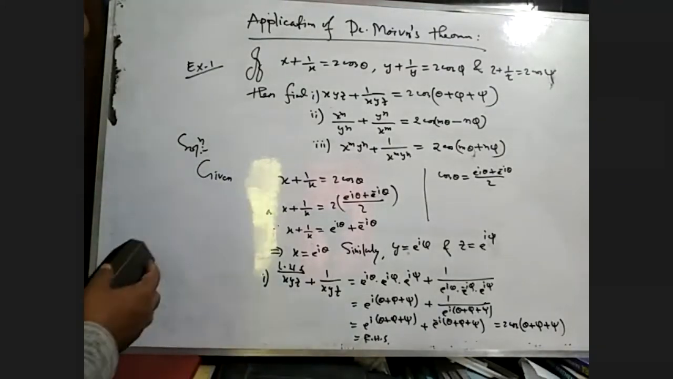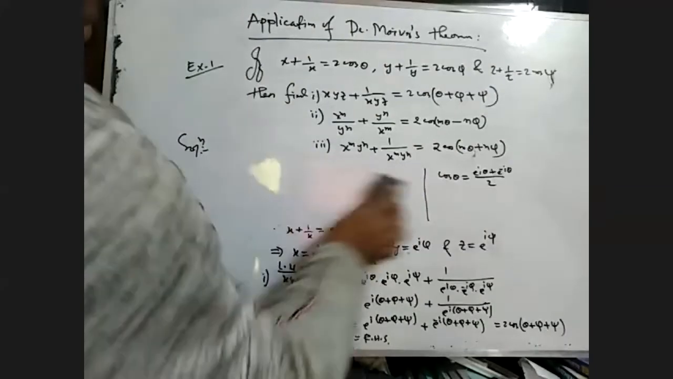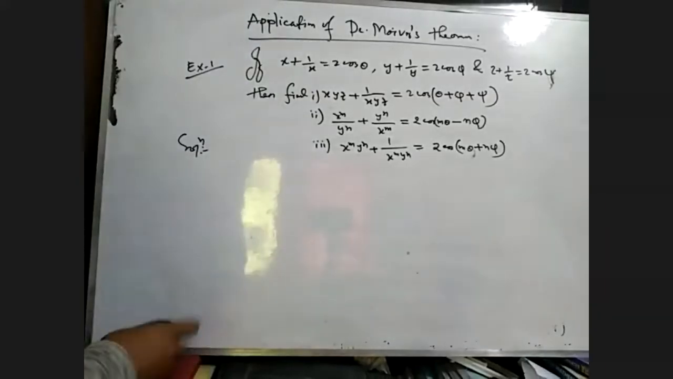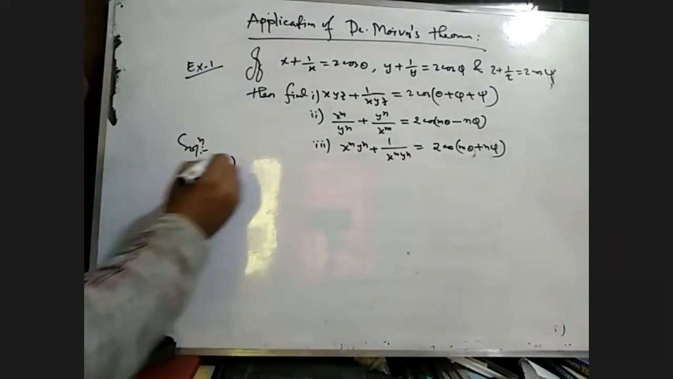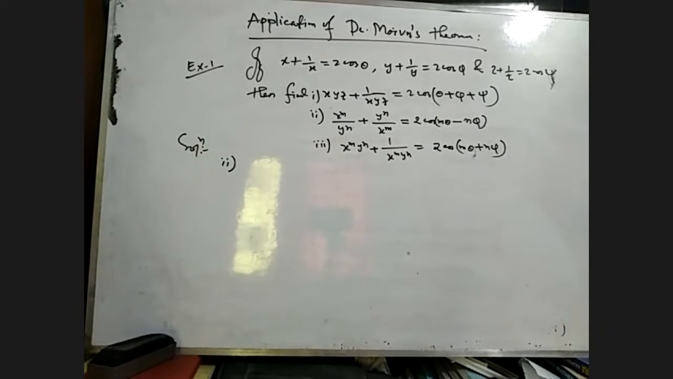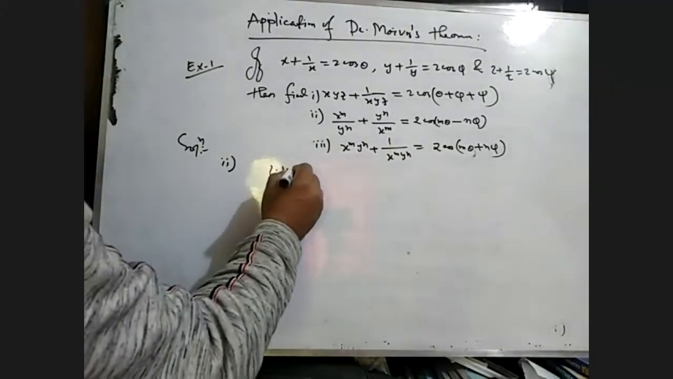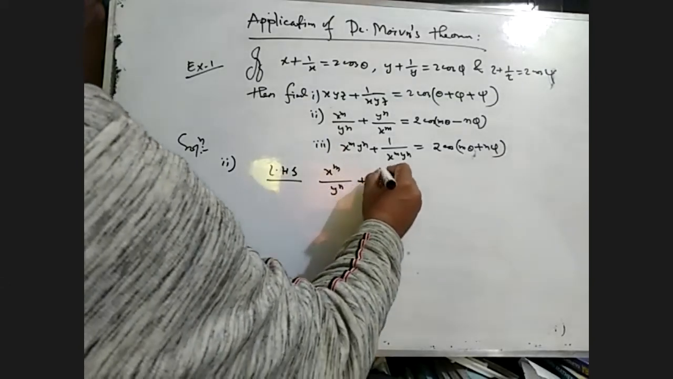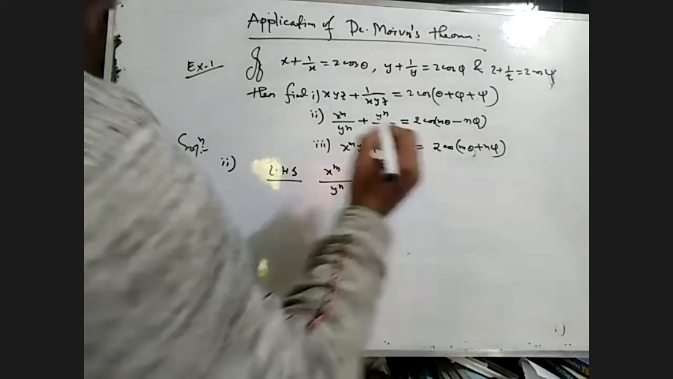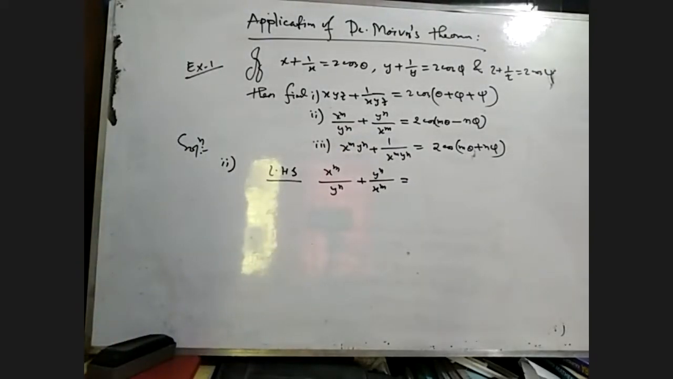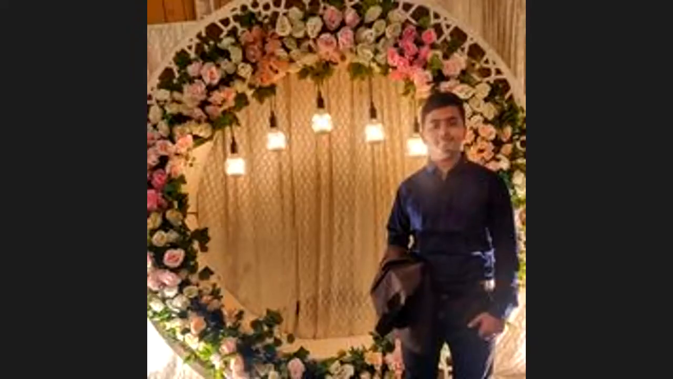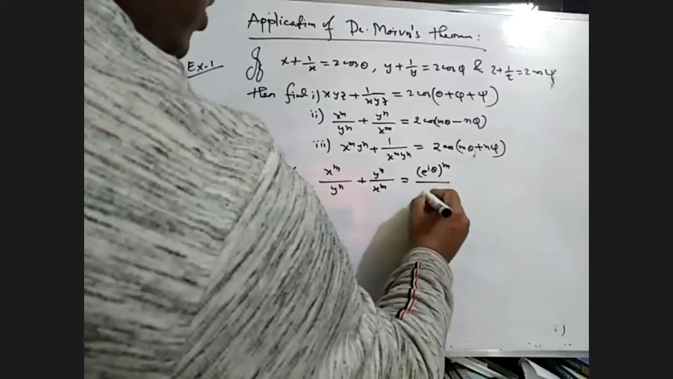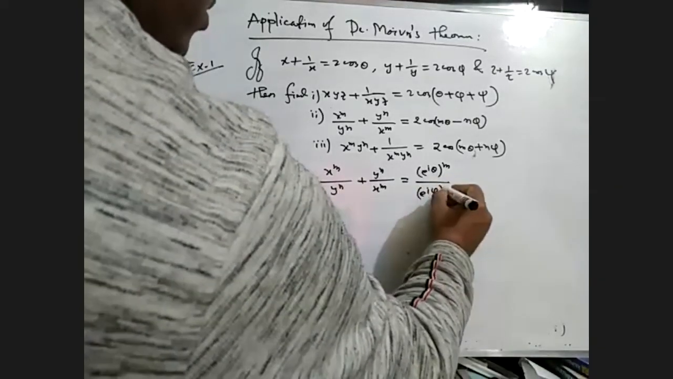Now for the second part, what will be the left hand side? The left hand side will be x to the power m divided by y to the power n plus y to the power n divided by x to the power m. Now the x value: you must know e to the power i theta whole to the power m, and the y value, e to the power i phi, whole to the power n,